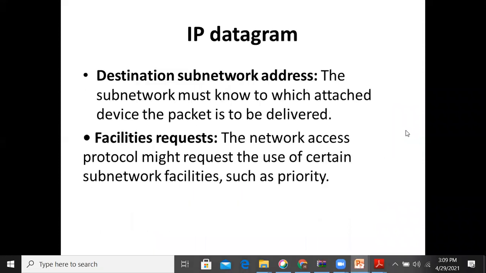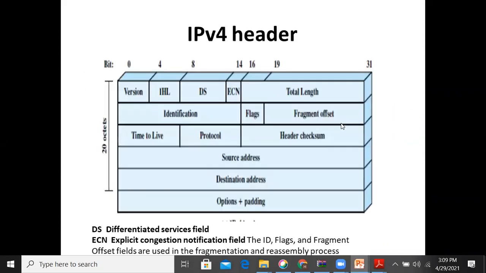Then coming to the IP datagram. Where we have the data, we add the IP header. In the header, what are the information fields?